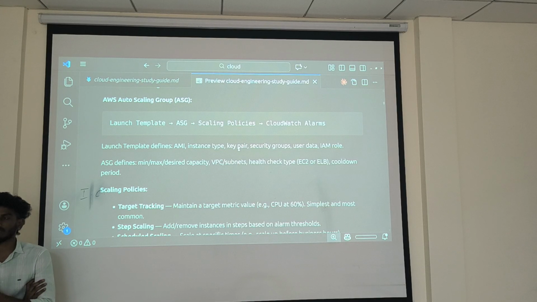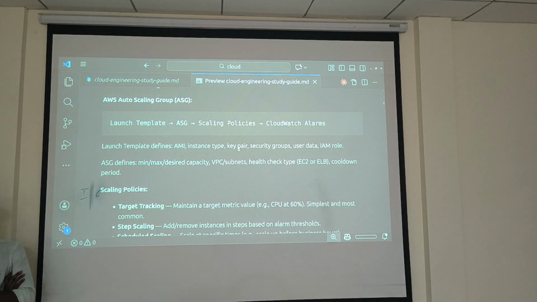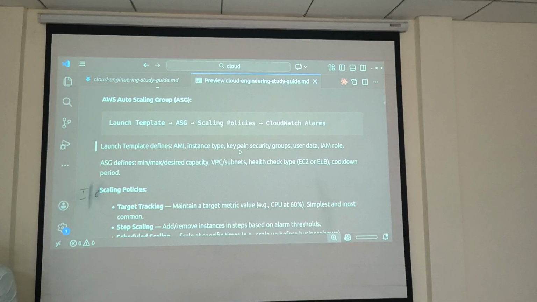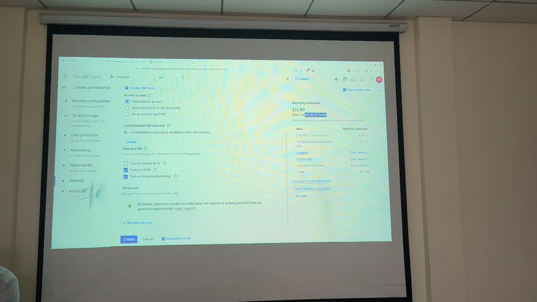Now, if I just build a new image and push it to the artifact registry, it has to be picked up automatically and run the application. How is it going to happen? Initially you have to set up a template. If you keep versioning, okay, let me show that one also.